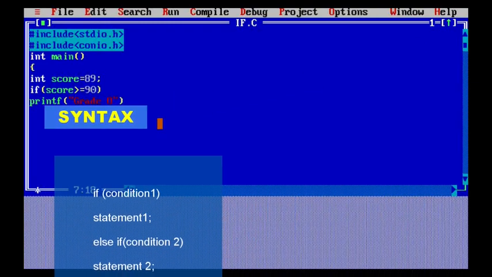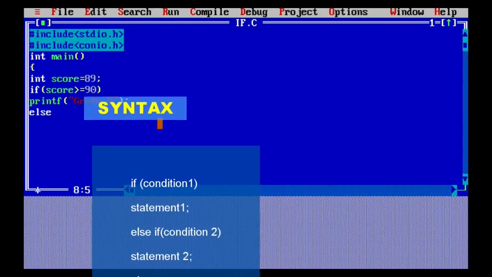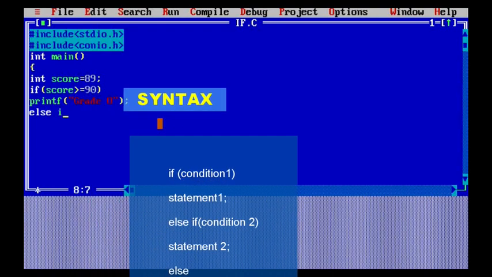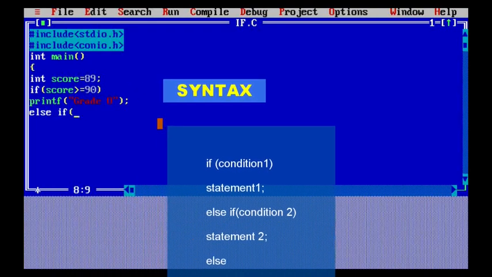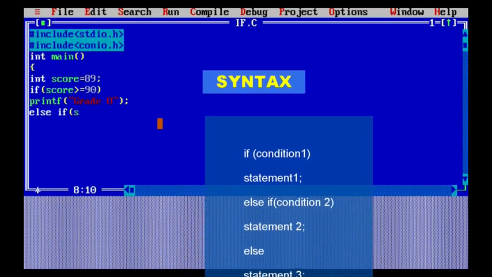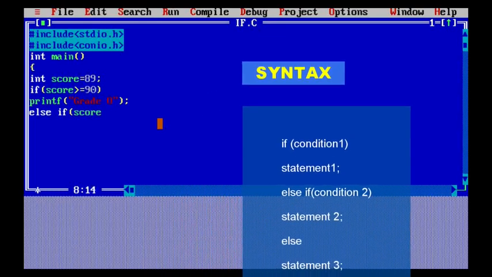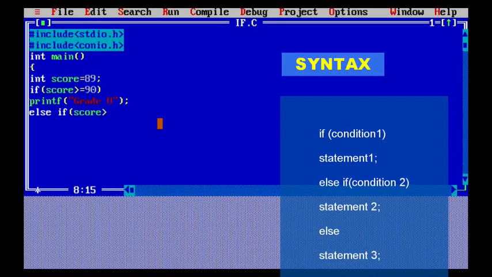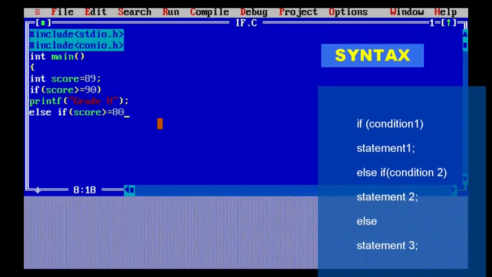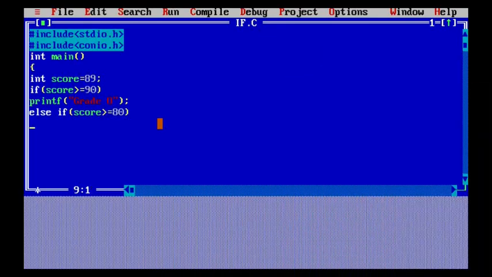So here, as you can see, first of all the score has been defined, we have defined the value. You can also take the value from the user by using the scanf statement. We are going to understand the scanf statement in the next example. Here you just need to understand that when you want to give multiple conditions within a program, like if you want to check the marks of a student against a particular range, or if you want to add more than one condition into a program, for that case we are going to use the else if statement. We also call the else if statement an else if ladder.